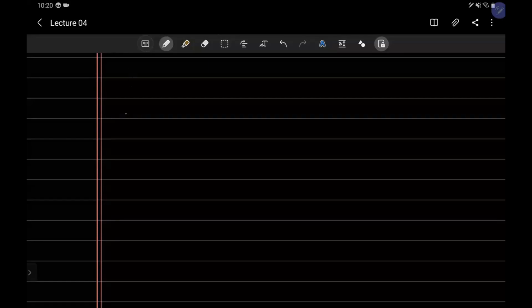Assume that we have some orthonormal basis 1 and 2, and inside this basis we have some vector v, and this vector v can be represented with the vector component v sub 1 for basis vector 1 and